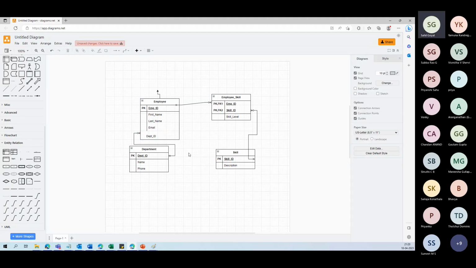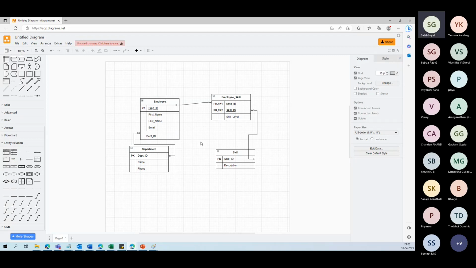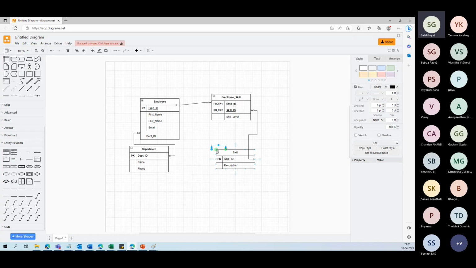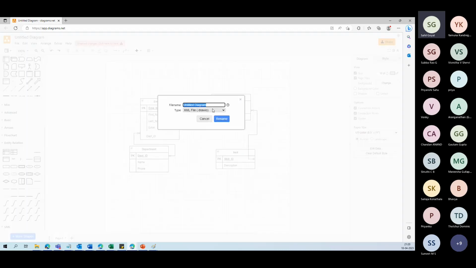So this becomes the scenario where we can see that employee is linked to the employee skill. Employee skill is linked to the skill table, and then the employee is linked to the department table as well. Right, so this becomes the ER diagram, which represents the information. I want to save this, let's say, as my employee